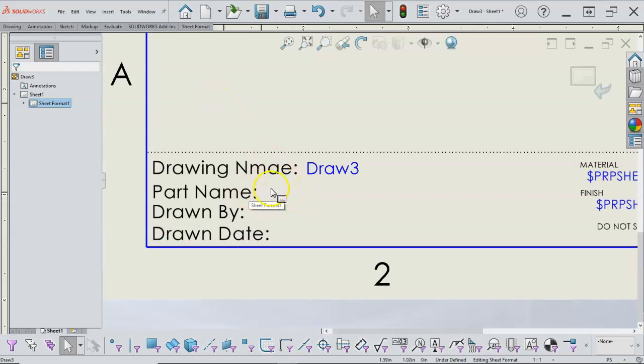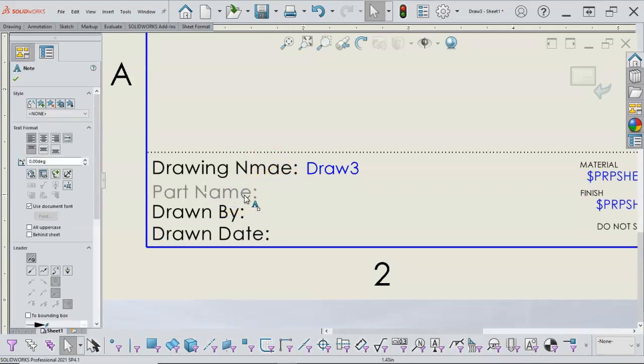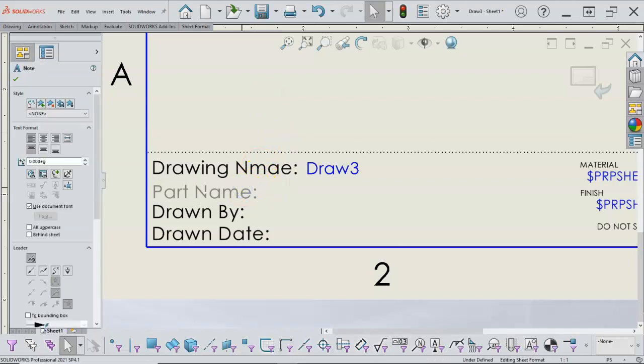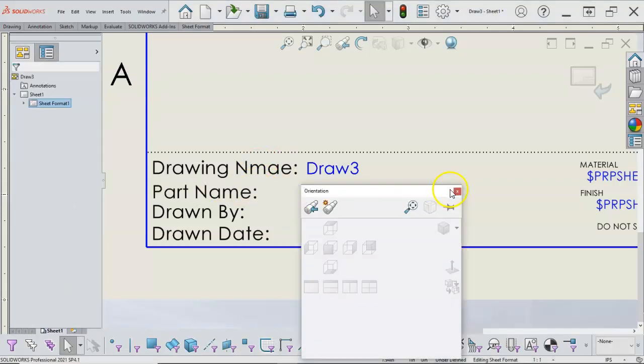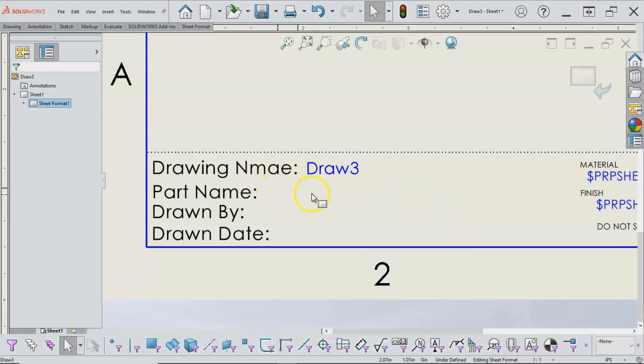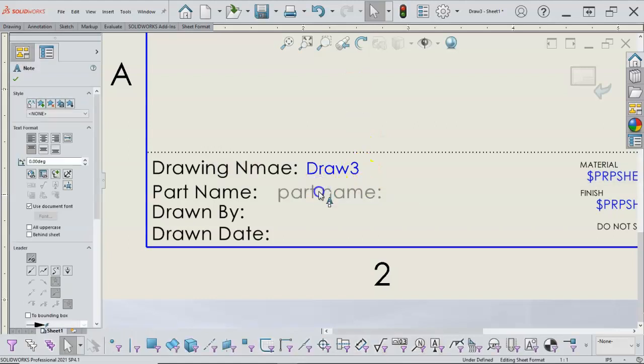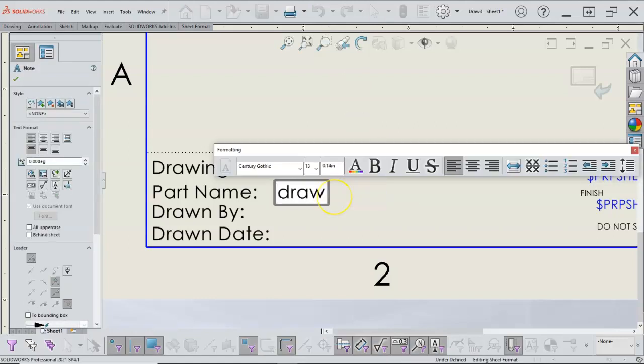So we'll also need a place to hold these. I'm just going to grab, that was the space bar. Let's see if I got it. There we go. To differentiate this as a field, I'm going to do lowercase. Oh, actually I needed to do that for the bottom too. Drawn by,